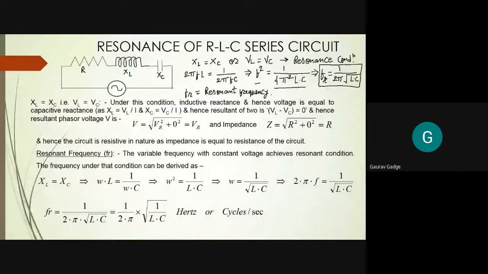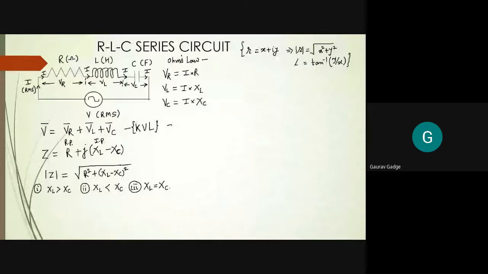Hence, the resultant phasor voltage V, like we wrote last time for impedance, if I just write the expression for voltage also, what I can write is V is equal to root of VR square plus, similar to XL and XC, you have to write it up, because VL and VC both belong to the imaginary elements, that is inductor and capacitor. Therefore, what you can write is (VL minus VC) in brackets. Please remember this particular equation.